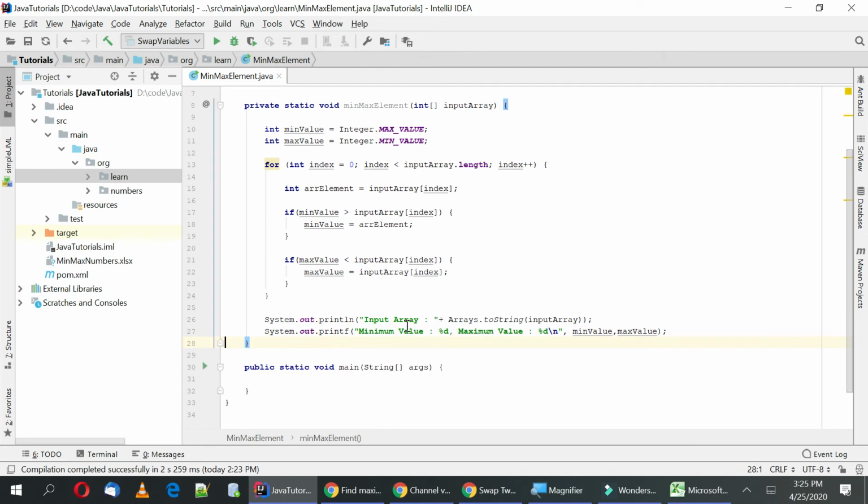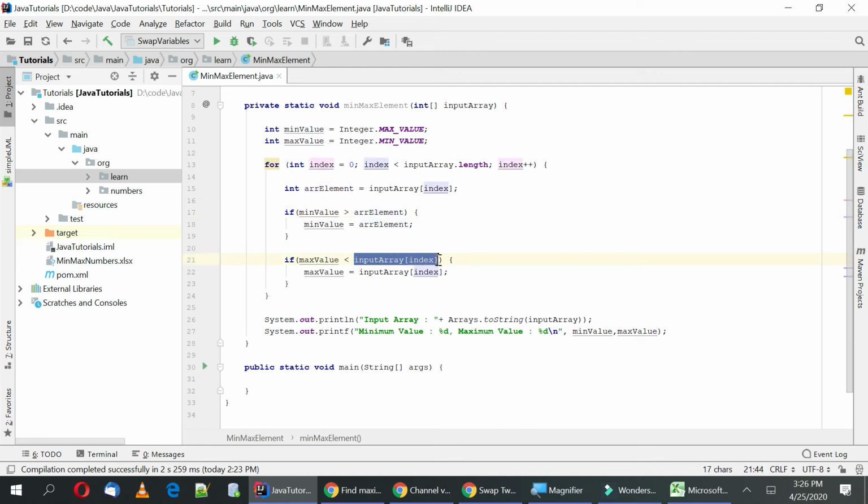Okay, that's it. Now what we are doing is just initializing the min and max value, then we are scanning through all the elements in this array. We get the element at the index of the array, then we compare: if the element in this array is less than the value we are holding, then we update its value.